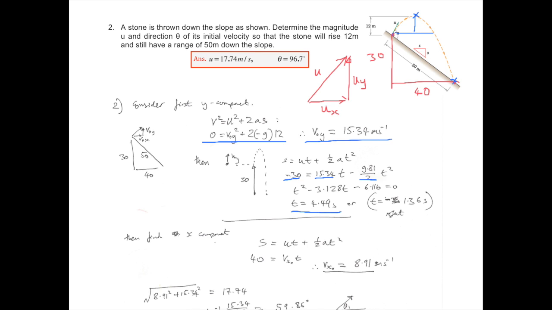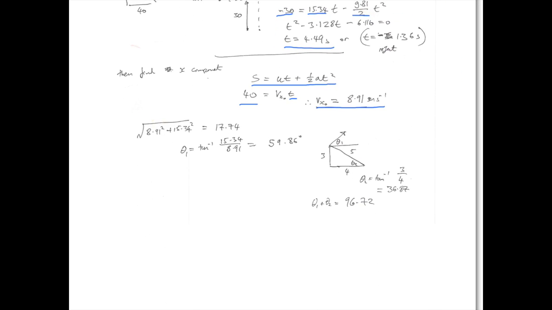So we apply the Suvat equations, s equals ut plus half at squared, where a is 0, there's no acceleration in the x direction. It covers 40 meters. We know the time is 4.5 seconds, so the speed it must have in the x direction is Vx equal to 8.91 meters per second. And once you have those two pieces of information, then you can find the magnitude and the direction